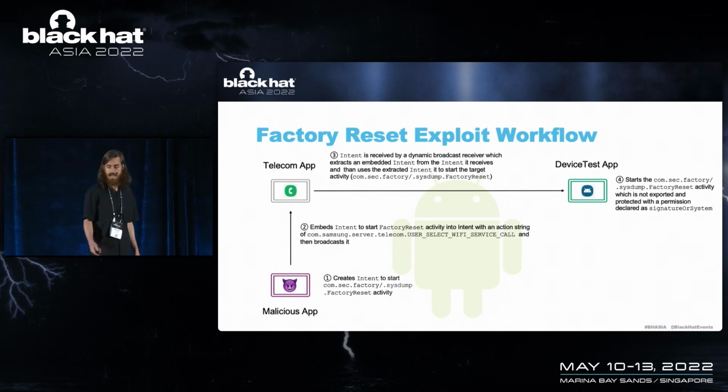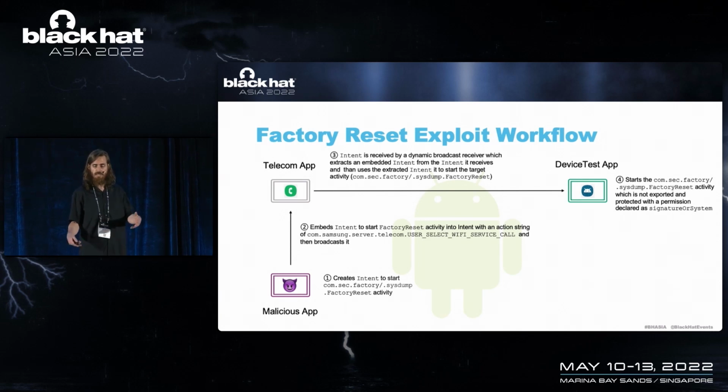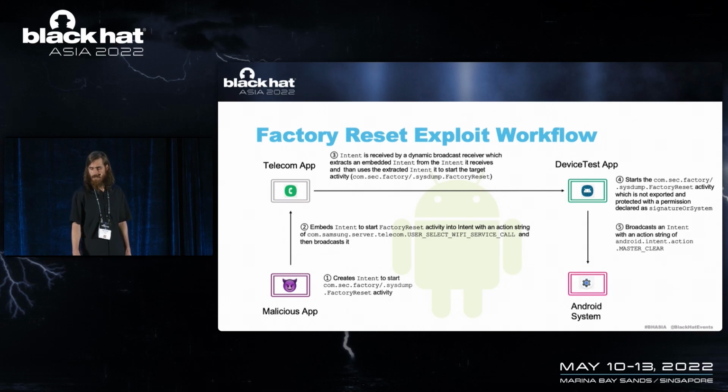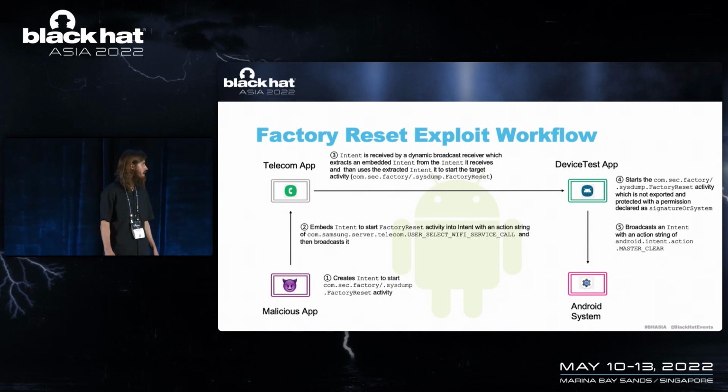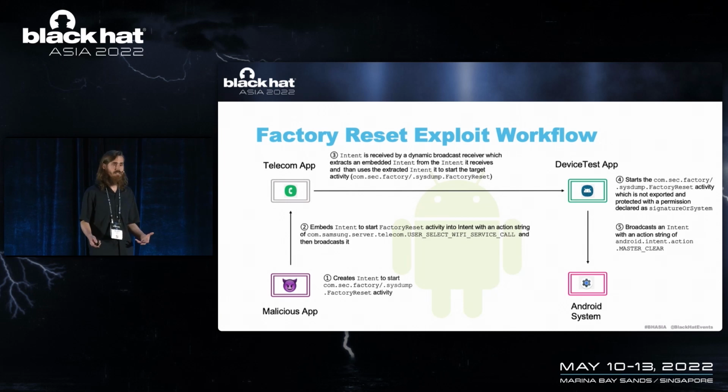In the device test app, the factory reset activity is not exported and it's protected with a permission, although both the Telecom app and the device test app are running as a system user. So the Telecom app can start it. And the application logic for the device test app is to, upon starting this activity, send a broadcast intent with